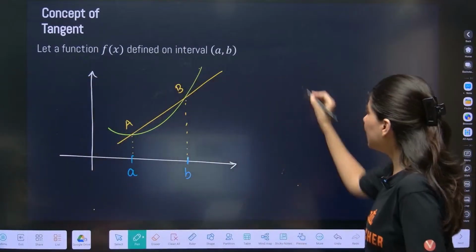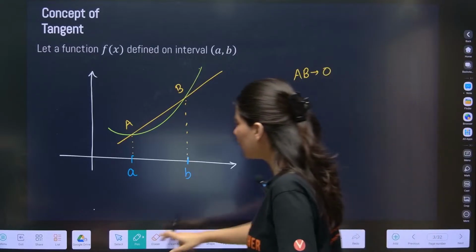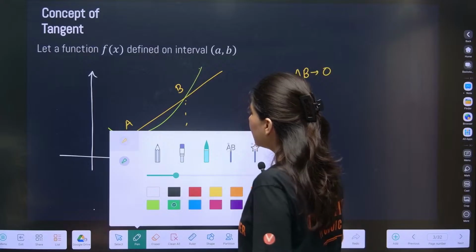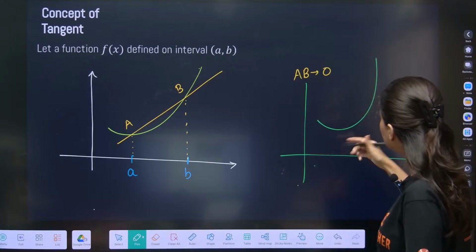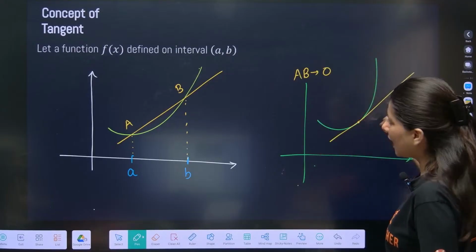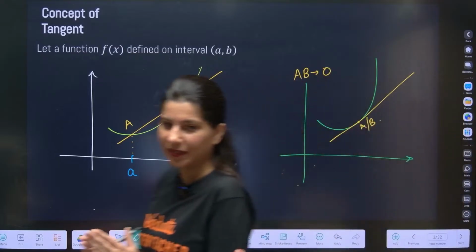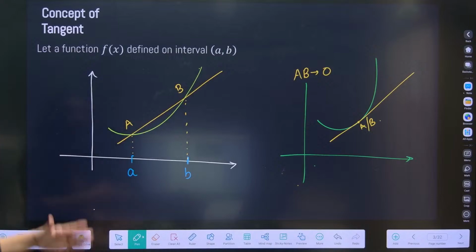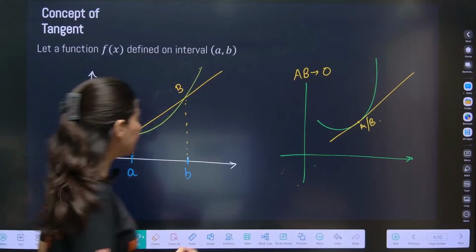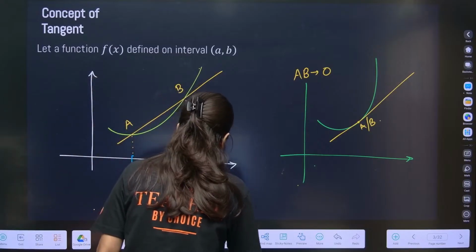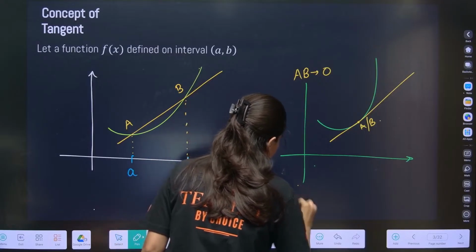Now, when the length of AB will tend towards 0, what happens? A and B will coincide, and eventually the figure you are going to see is going to be like this. Can you see that this is going to be A and B, or you can say A slash B. Both points will coincide and this will become a tangent. So what is a tangent? Limiting case of secant is tangent. Let me write. Limiting case of